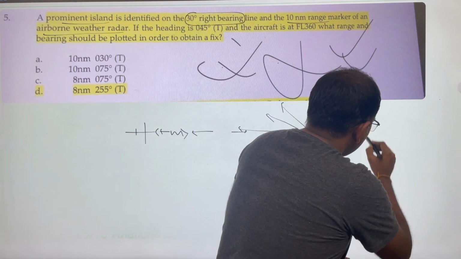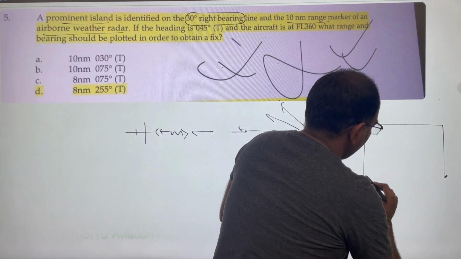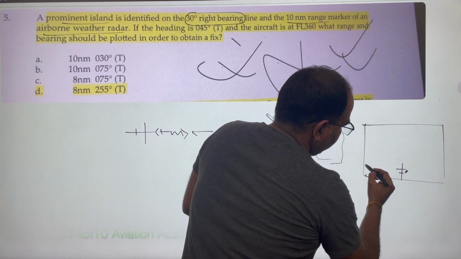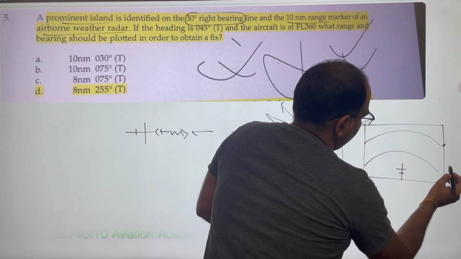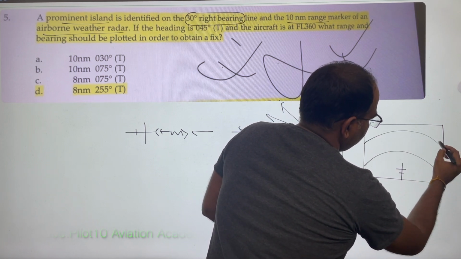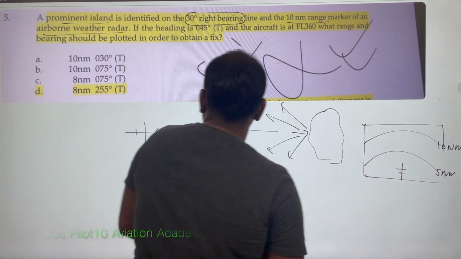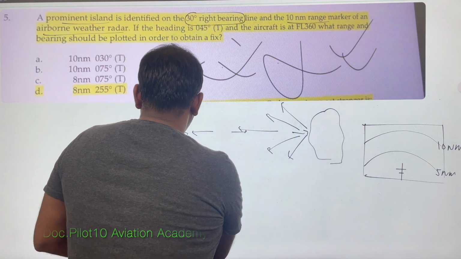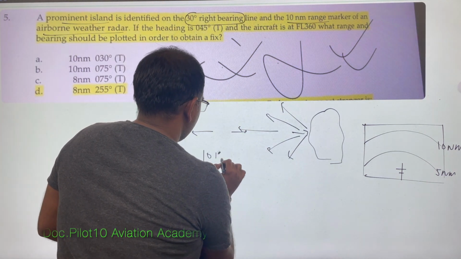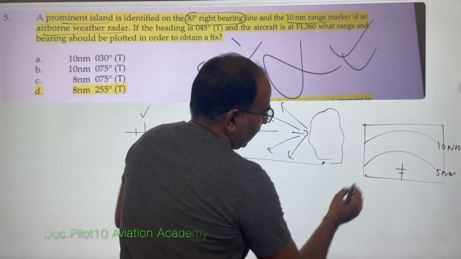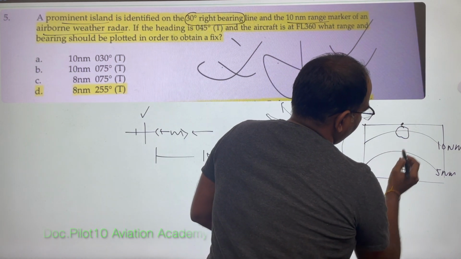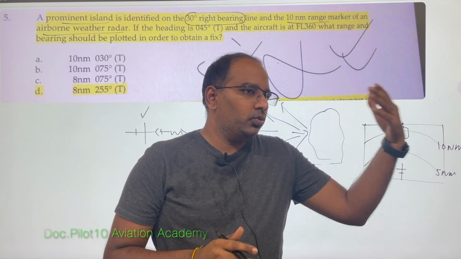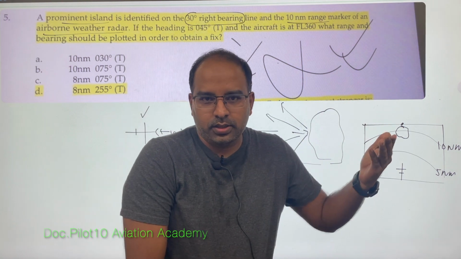Now, how are they shown? Correct. If this is the screen of AWR, if this is the aircraft, now there will be markers like this. This is the 5 nautical mile, this is the 10 nautical mile marker, like this, correct. So, let us assume the distance between this aircraft and the cloud is, say, 10 nautical miles. So, at the 10 nautical mile marker ahead of the aircraft, a cloud will be seen. This is the use of airborne weather radar to see the actual weather in real time.